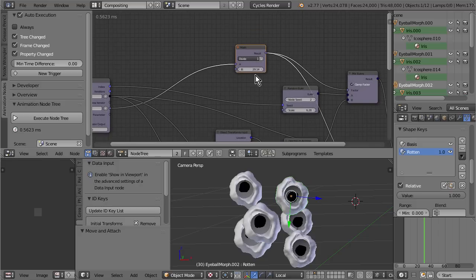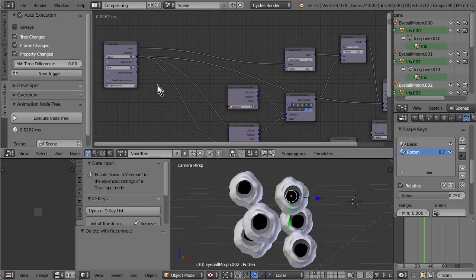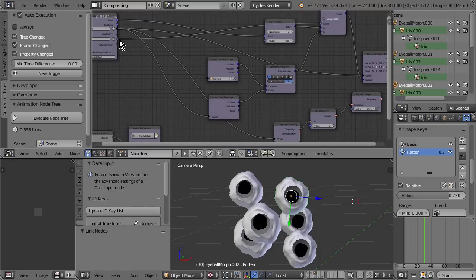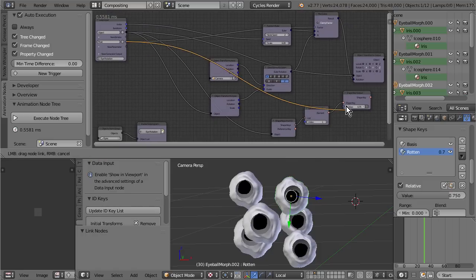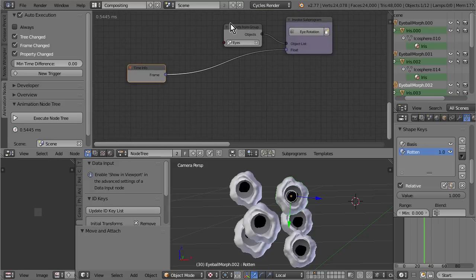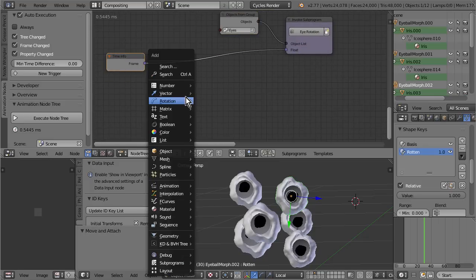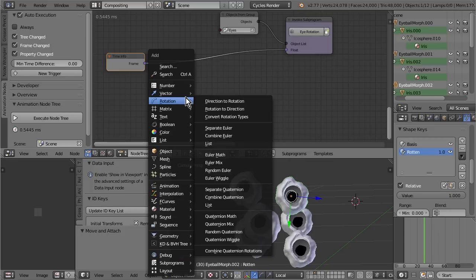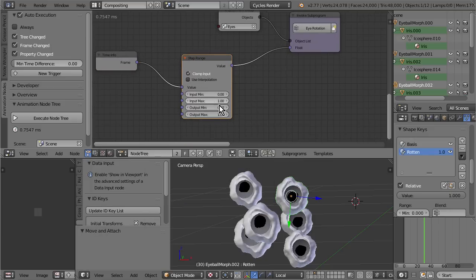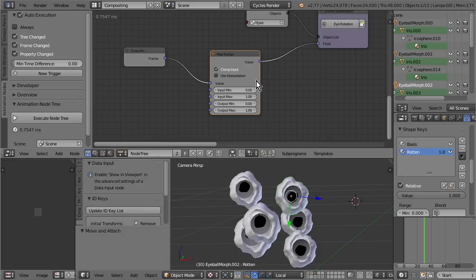I'm going to press Ctrl X, but that doesn't work with the animation nodes too well because there's just so many different types of node sockets. So we're just going to have to connect this manually, and we can just use a map range, which is right here. Alright, I'm going to drag this in between. Now this looks a bit intimidating maybe, or a bit confusing. All I see is numbers.